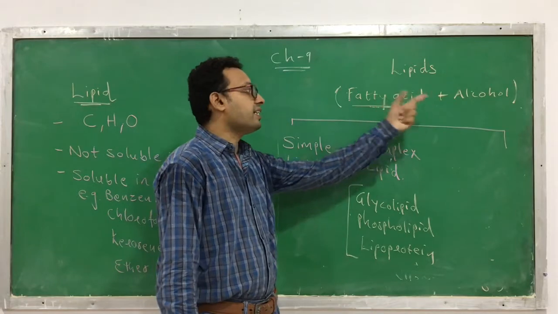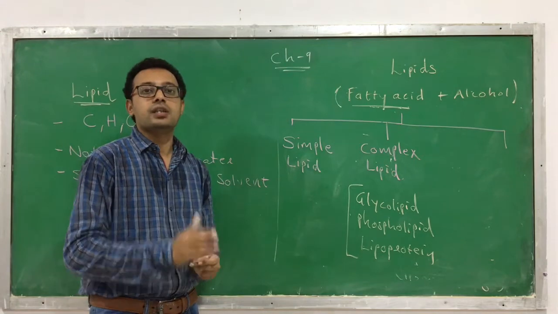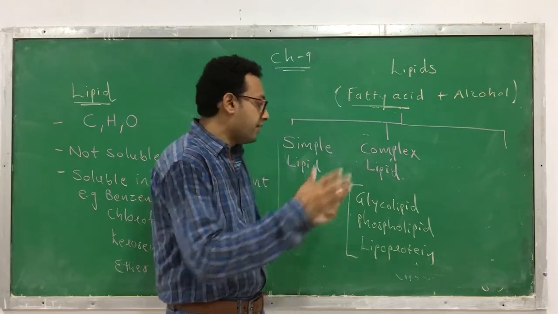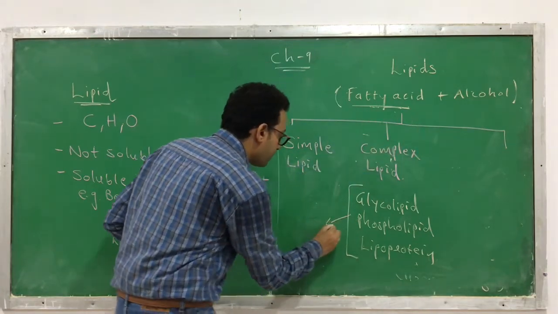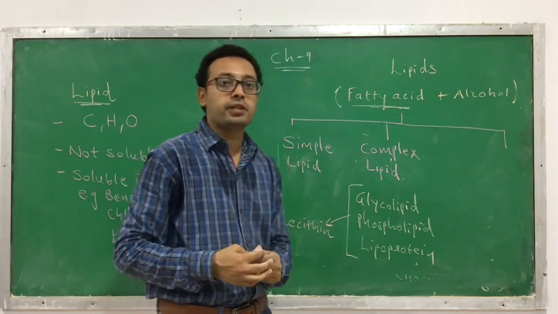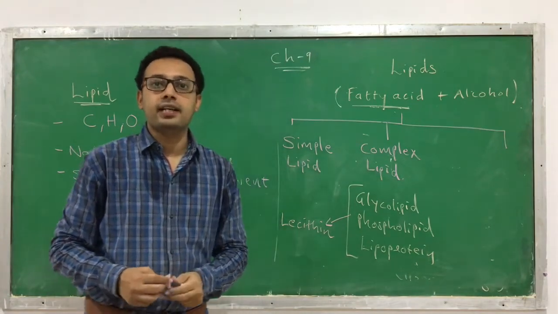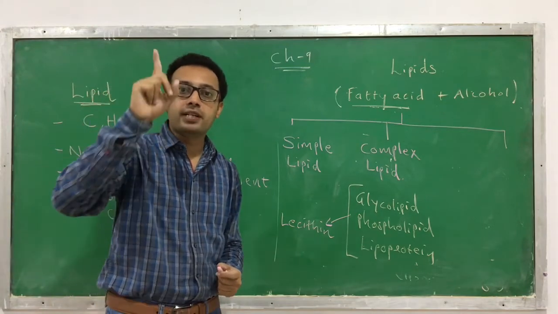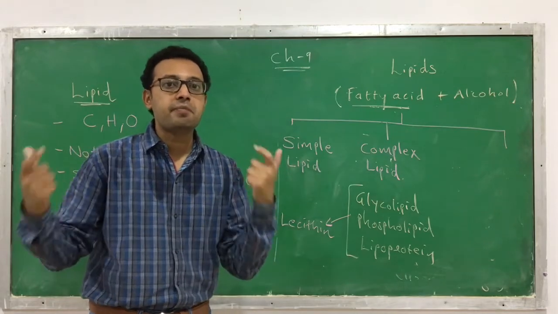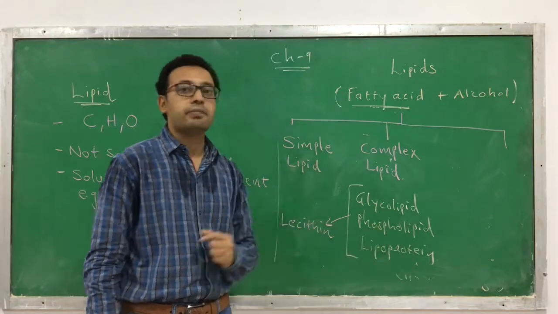They also contain fatty acid and alcohol, but along with these, they also contain a non-lipid constituent, and they are named based on it. I will tell you one example of phospholipid that is very famous, called lecithin. Lecithin is one important example of a phospholipid. We learned in chapter number 8 that the cell membrane is made up of two components, lipid and protein. You recall it. One of the lipids present in the cell membrane is phospholipid.